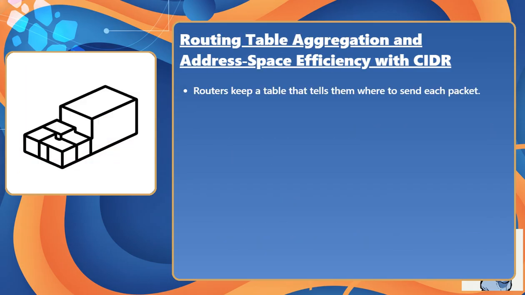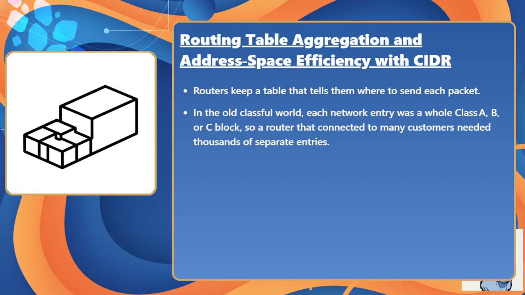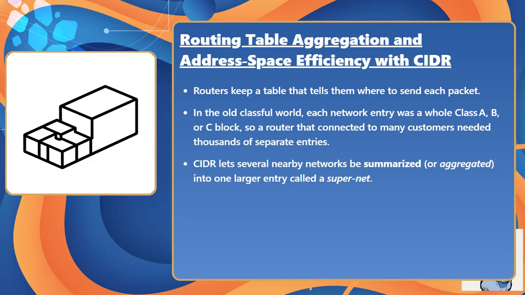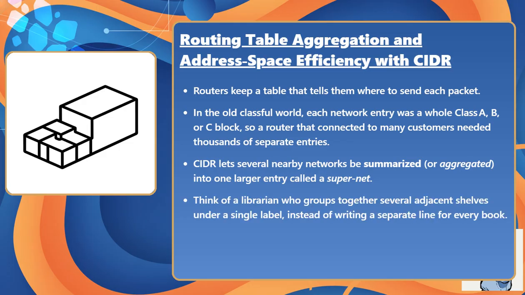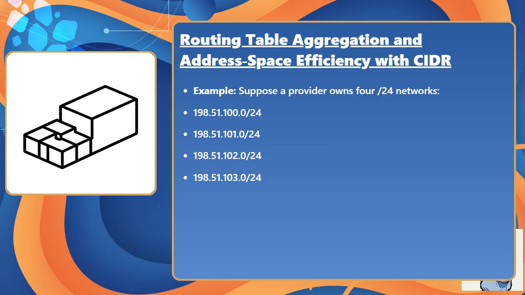Routers keep a table that tells them where to send each packet. In the old classful world, each network entry was a whole class A, B, or C block, so a router that connected to many customers needed thousands of separate entries. CIDR lets several nearby networks be summarized, or aggregated, into one larger entry called a supernet. Think of a librarian who groups together several adjacent shelves under a single label, instead of writing a separate line for every book. Example: suppose a provider owns four /24 networks,